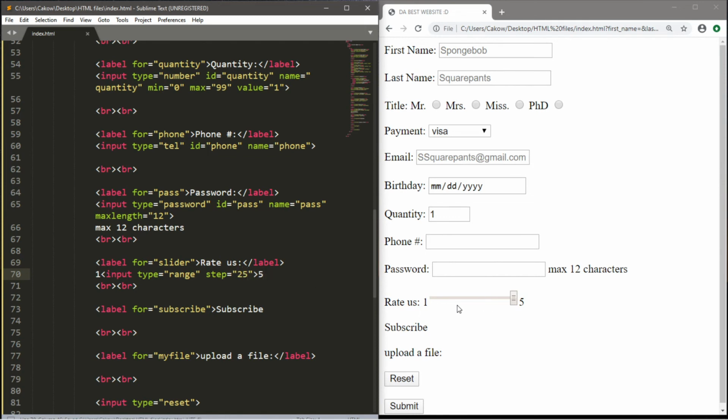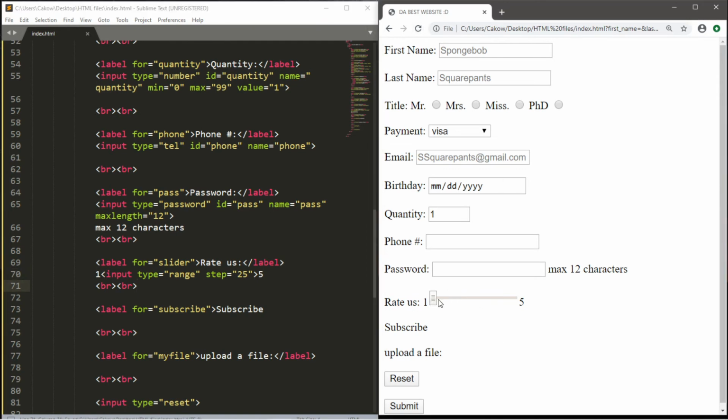So each notch or step in this slider bar will actually count as 25, but we always count 0 as well. So if we set the step equal to 25 positions, we'll end up with 5 different stars, 5 different positions. So let's just count this to test it out. So we have 1, 2, 3, 4, 5, just like we intended.